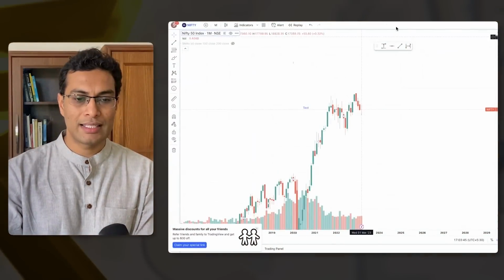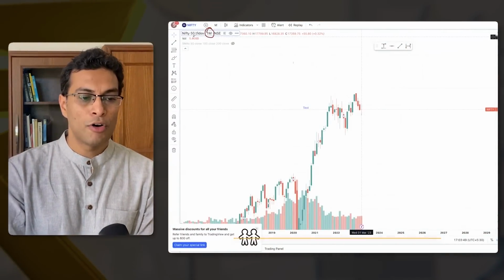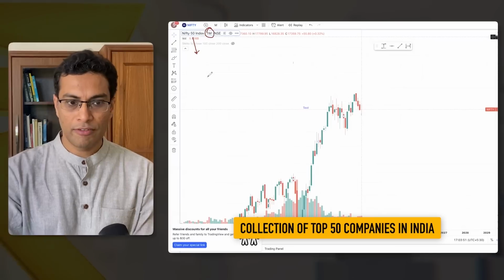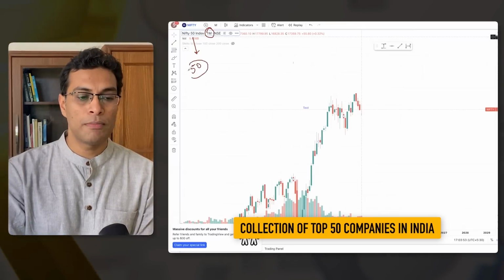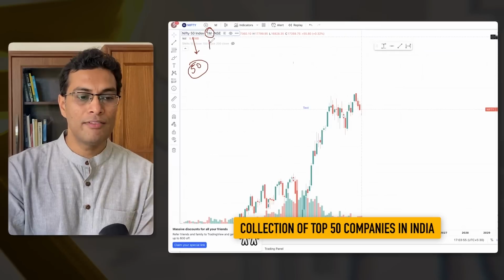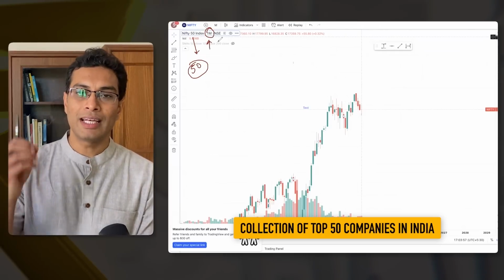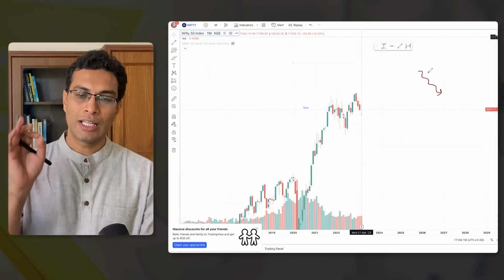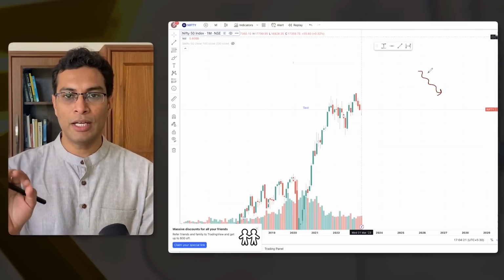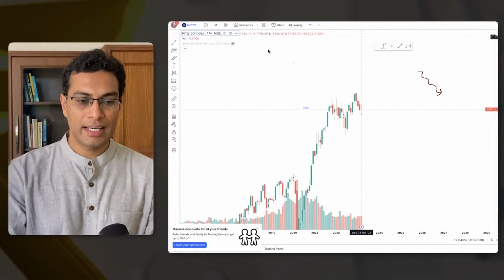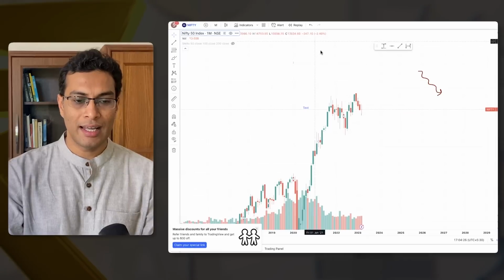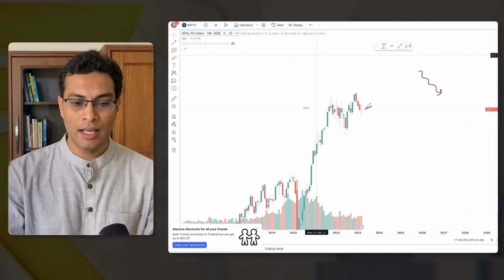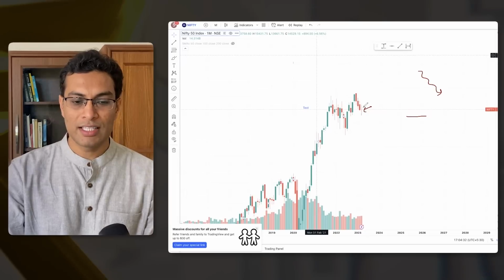So you will see that this is the Nifty 50 chart, and I am looking at a monthly candle. For people who are new, what is the meaning of Nifty 50? This is the collection of top 50 companies in India, and we are looking at that collection's monthly performance month after month. So what you would notice is that consecutively for the last 4 months, the markets have been going down, and something very interesting is happening in this last candle, and I'm not sure if you can actually see this.